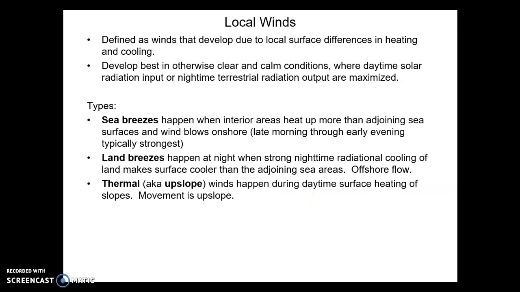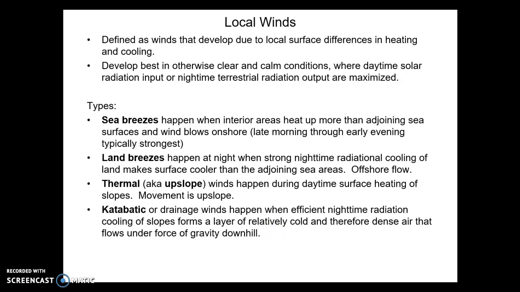Another kind is a thermal, or sometimes they're called upslope winds, that happen during daytime surface heating of the slopes. Movement is then upslope. And so these are especially pronounced in late spring, summer, early fall. The same environment can see those winds reverse at night and come down the hill when you have that efficient nighttime radiative cooling, and it makes for a cold, dense air along the slopes, and that cold, dense air flows